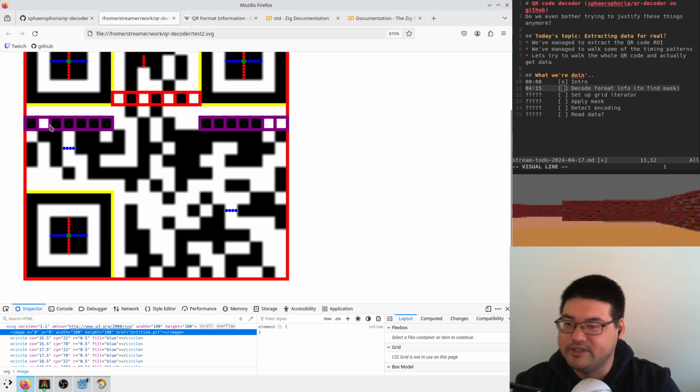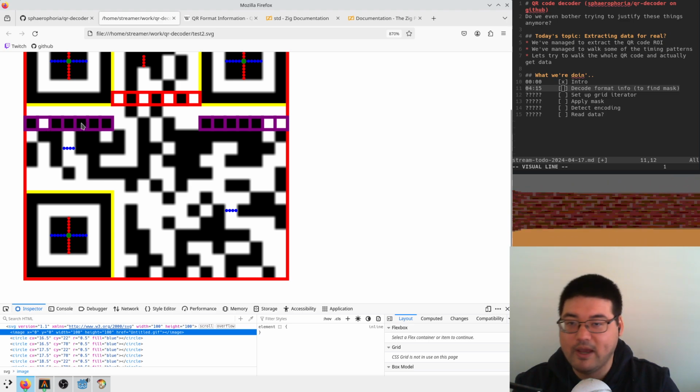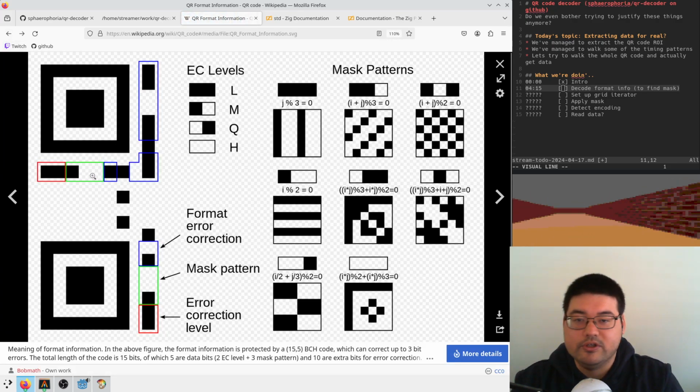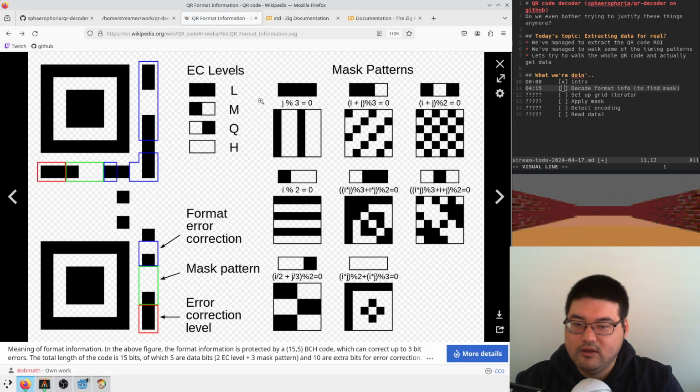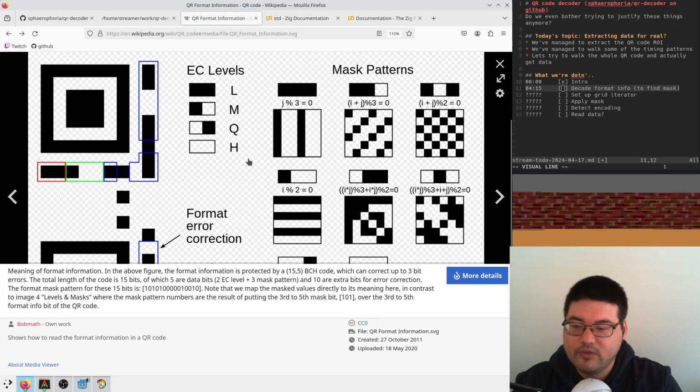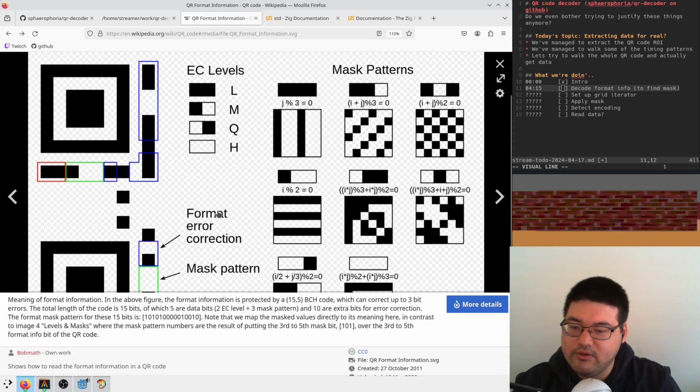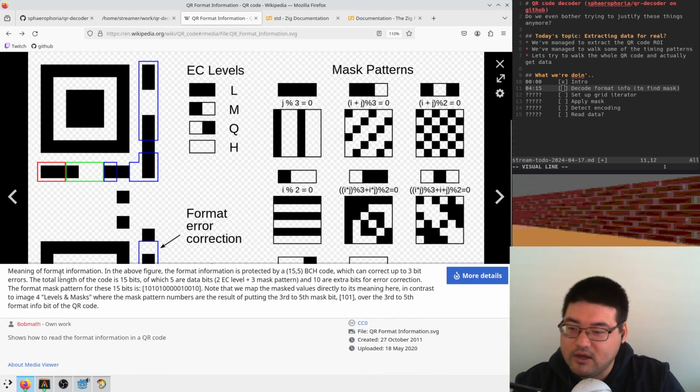Yes. It's these 3 dark patterns here. 1, 2, 3. So that means that we are in this mask pattern. I think there's this weird thing going on where there's this XOR value that you're supposed to provide, but I think here they said that